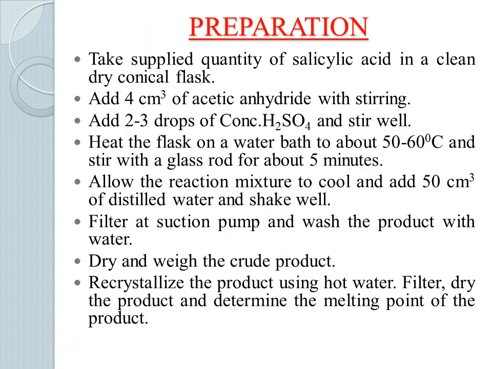The procedure for the preparation of aspirin is as follows. Take the supplied quantity of salicylic acid in a clean dry conical flask. Add 4 cubic centimeters of acetic anhydride with stirring. Add 2 to 3 drops of concentrated sulfuric acid and stir well. Heat the flask on a water bath to about 50 to 60 degrees centigrade and stir with a glass rod